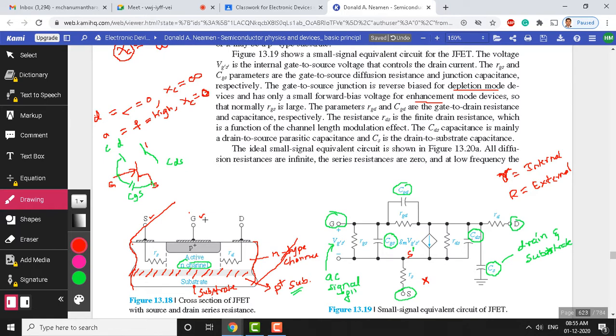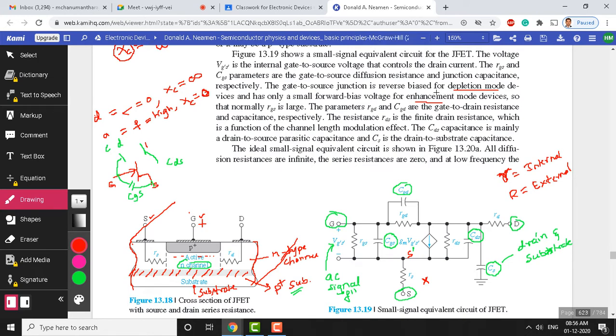Suppose you apply a positive voltage here, what is going to happen? It is going to induce negative charges. This is a capacitance effect. So the negative charges are induced, and the channel is also N type, and the charges induced within this channel region are also negative. That means the channel is enhancing more. For a positive voltage, the channel gets enhanced in the sense that it allows more charge carriers from the source to drain. That's why the name is called enhancement mode.